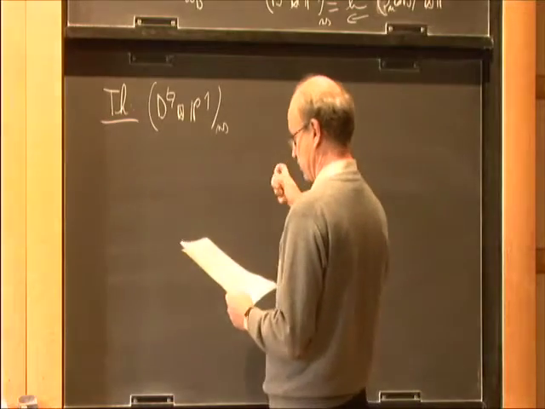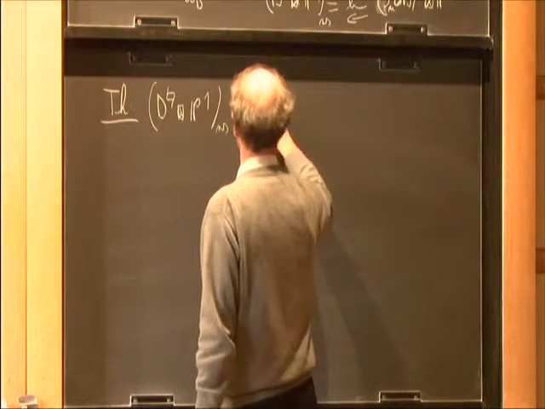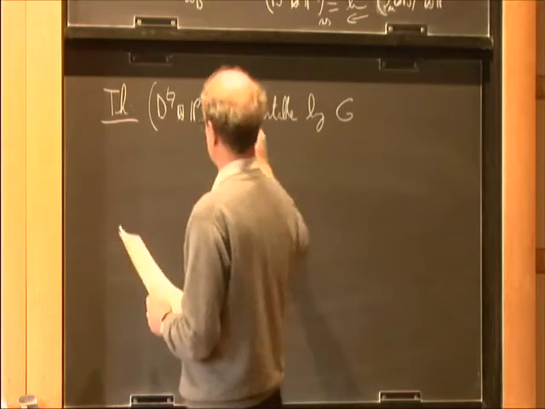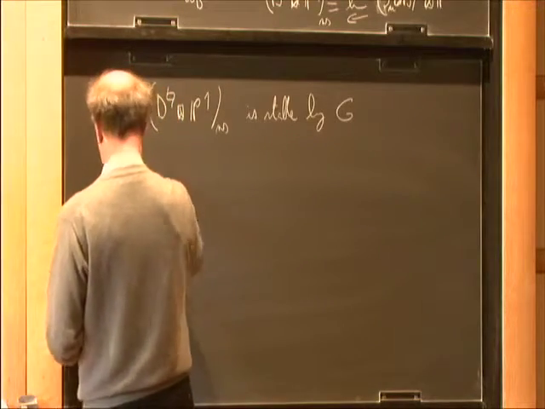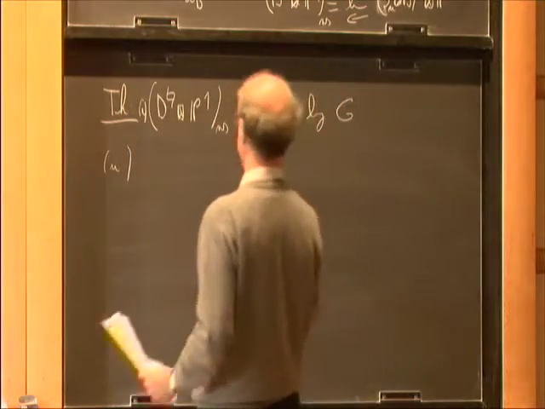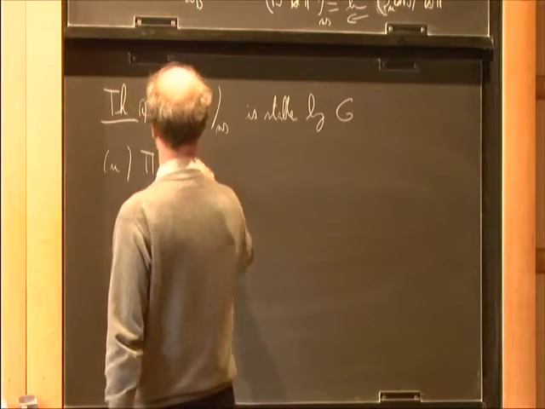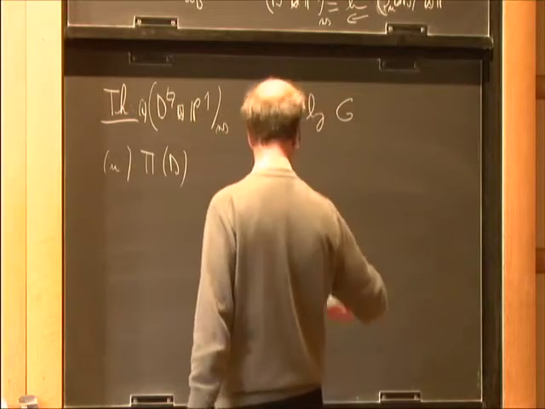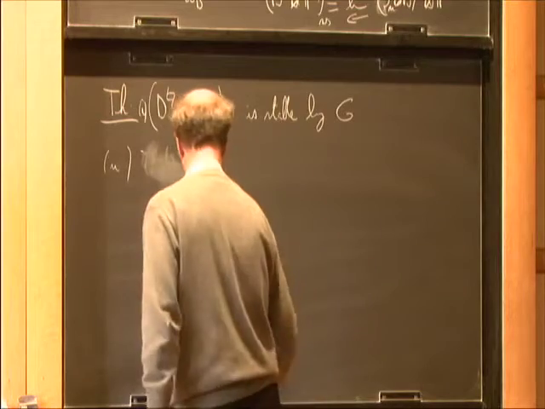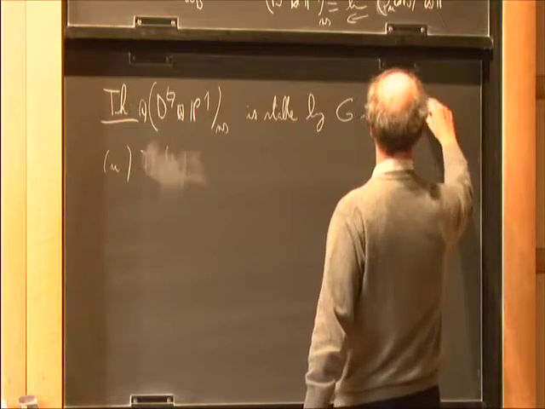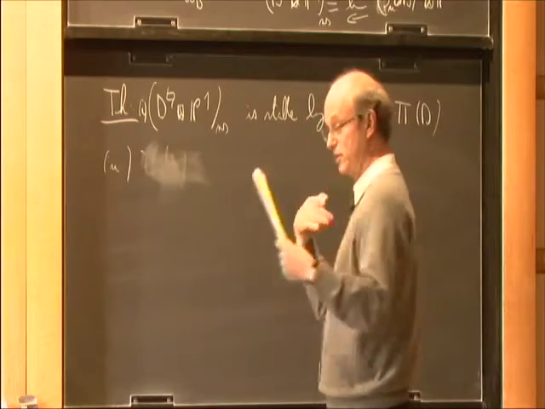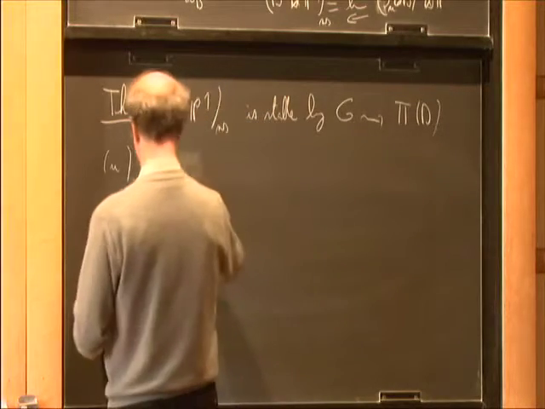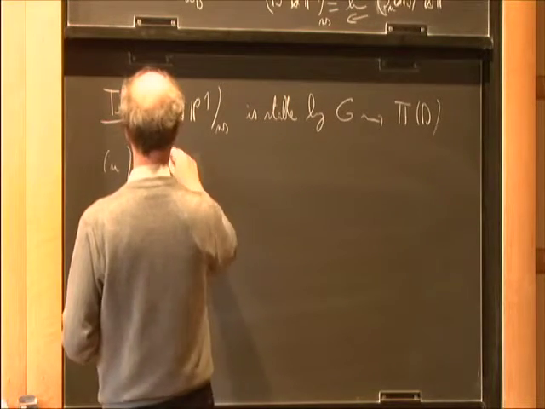So the theorem is that the first point, this is stable by the action of G. And the second thing is that you define pi of D to be the quotient. Okay. And what you get is that this pi of D is going to parameterize some family of representations. So if you define pi of DS in the obvious way,